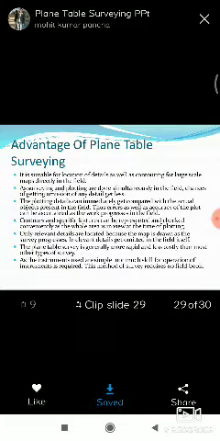Next advantage: as surveying and plotting are done simultaneously in the field, the chances of omission of any details get less. As we know, the plotting procedure and measurement procedure are done simultaneously on the field. So there are no chances of omitting any details. It means there is no chance of forgetting any details which are marked on the field but not marked on the sheet. So all the details are covered in the plane table.